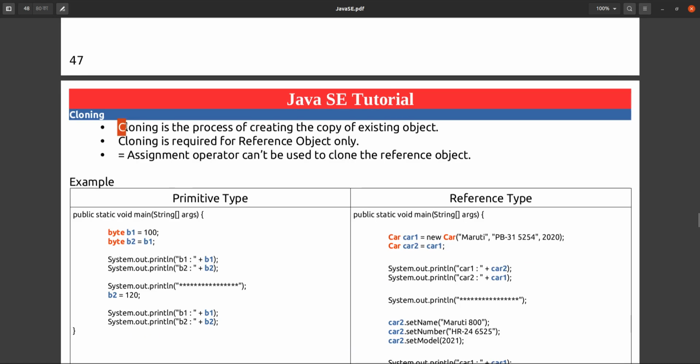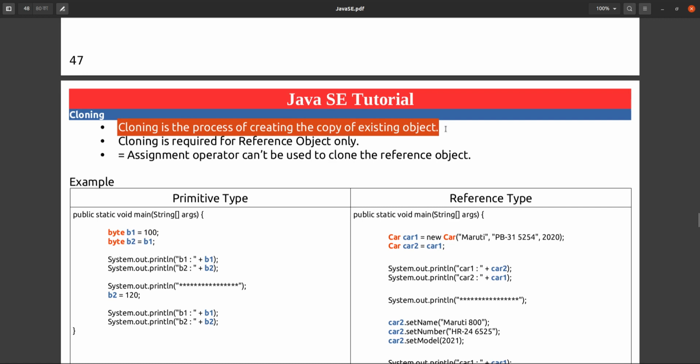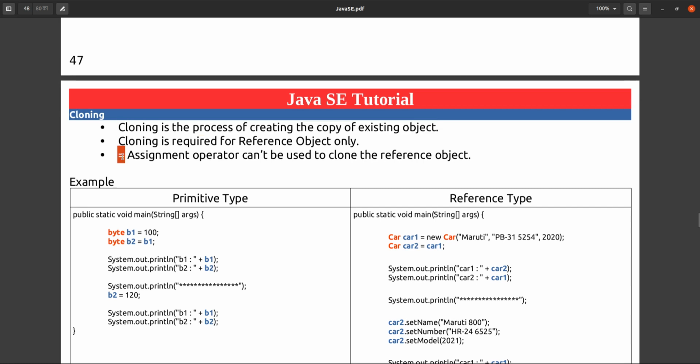What is cloning? Cloning is nothing but a process of creating the copy of an existing object. Cloning is required for reference object types, because if it is a primitive, string or wrapper, then the assignment operator is enough to create the copy of the existing object.